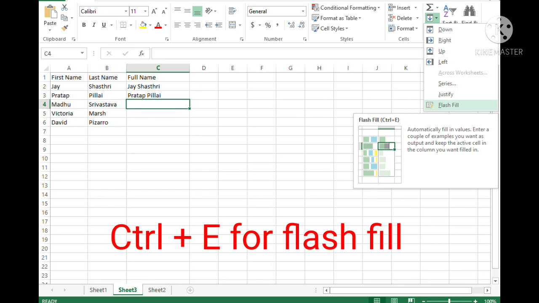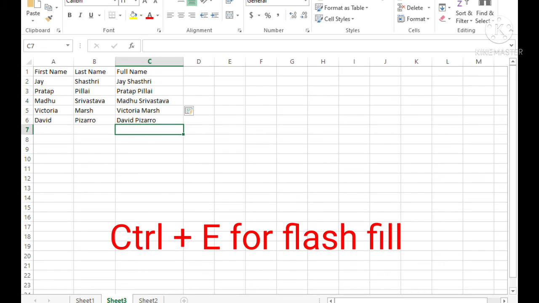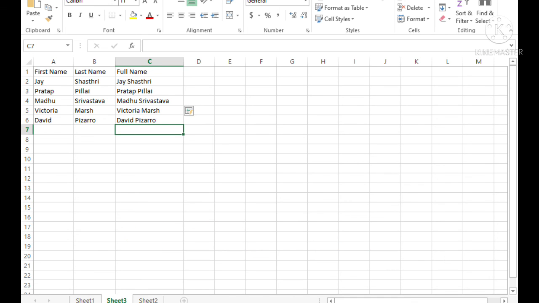The shortcut key for flash fill is Ctrl plus E. When you press these keys, all the remaining cells will be automatically filled by the flash fill feature. This is how you use the flash fill feature.